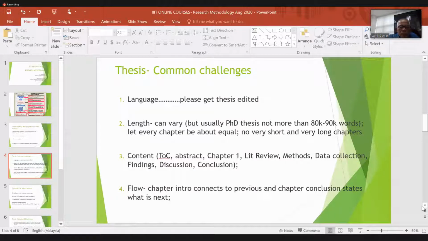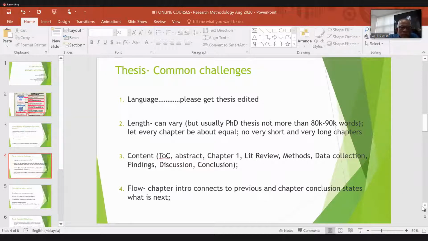Secondly, in terms of length, there is no guarantee the longer you write, the better your thesis is. Yeah? And that is why in most universities, they will set a limit to how many words your thesis can be. For example, it may be between 80,000 to 90,000 words, or sometimes even less, 60,000 to 80,000. I've seen certain universities where they set these categories. If you do have a certain limit, then you need to stick to that limit. Yeah?